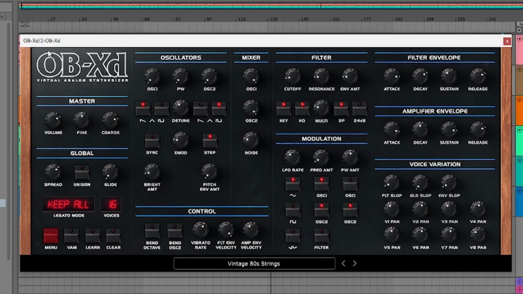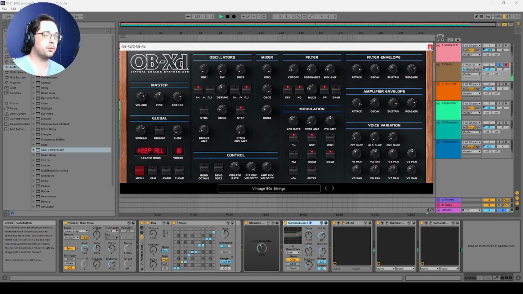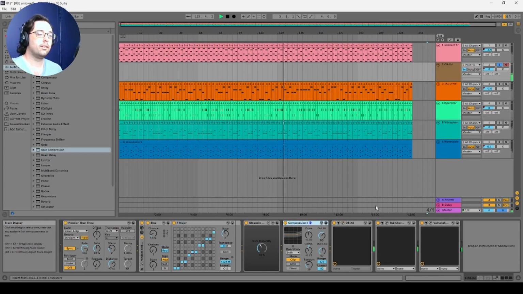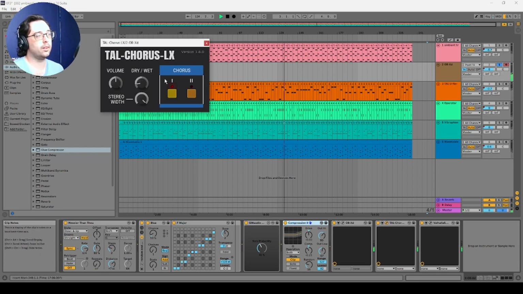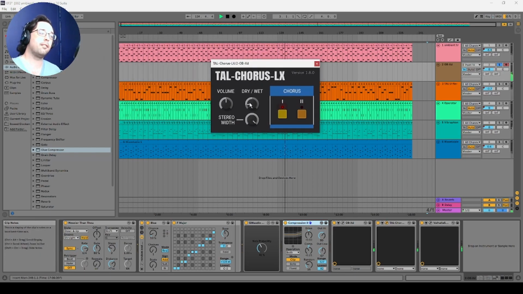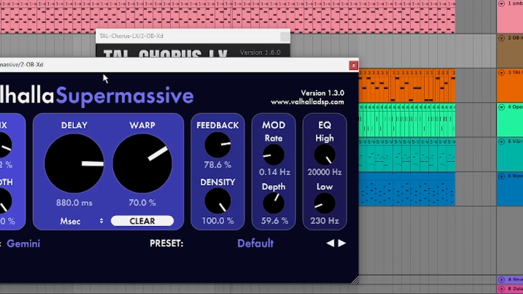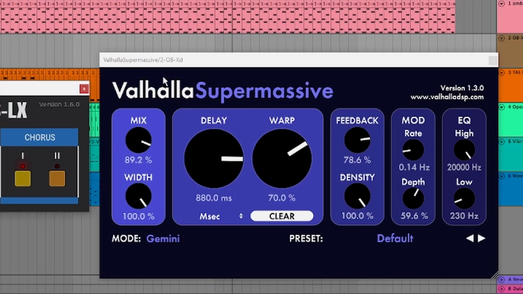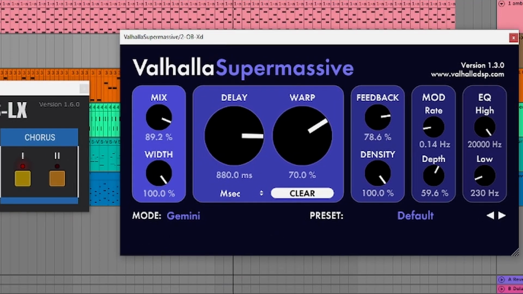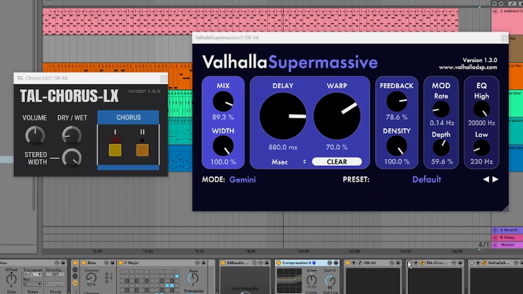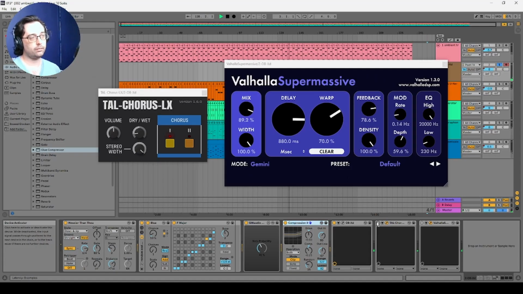This is in OBXD, a free, I believe, Oberheim emulator. I like it. I quite like old synths, especially if they don't cost as much as they really do. This is then going into a free recreation of the Juno chorus, and then it's going into Supermassive, which is some free reverb from Valhalla. So if we turn these off,